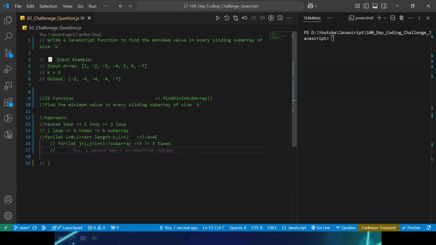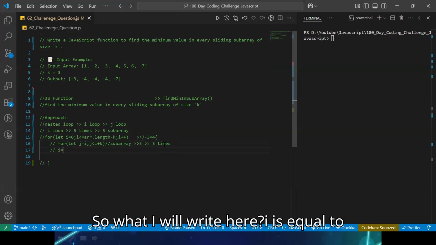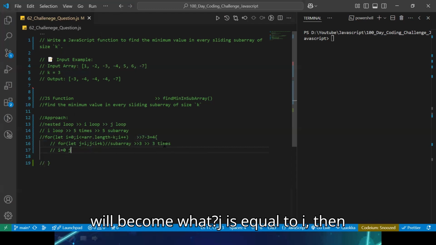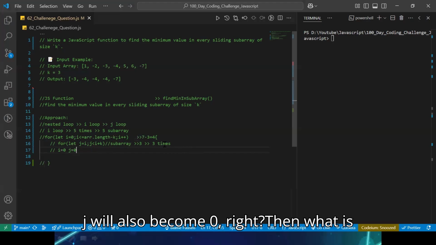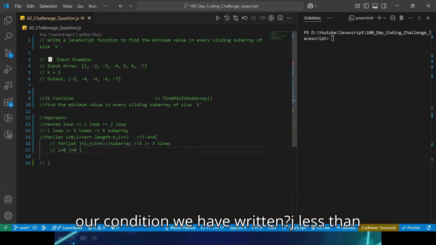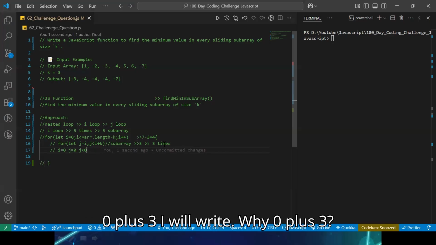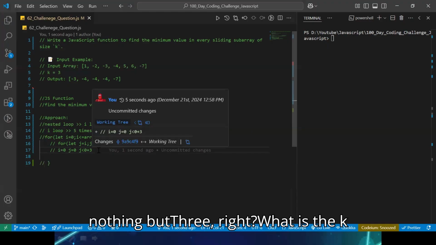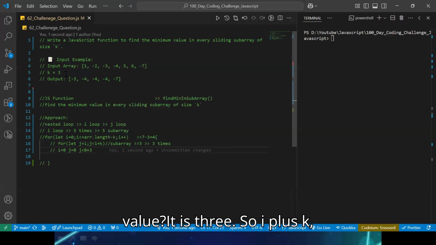So I will write here i is equal to 0, our first iteration. At that time j will become j is equal to i, so j will also become 0, right? Then what is the condition we have written? j less than 0 plus 3. Why 0 plus 3? Because i plus k: i is 0 right now, and k is nothing but 3.